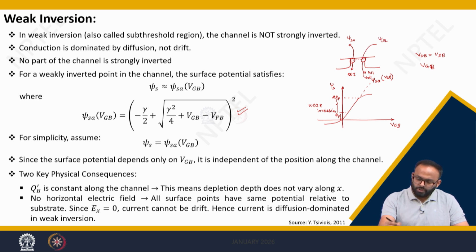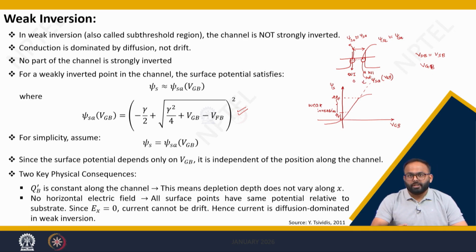Let us consider both surface potentials to be approximately equal to psi SA, meaning both the channels are weakly inverted. If you see carefully, between source and drain, the region which we called the channel, the potential is almost the same. The potential is not varying between 0 to L, and hence the drift component of the current